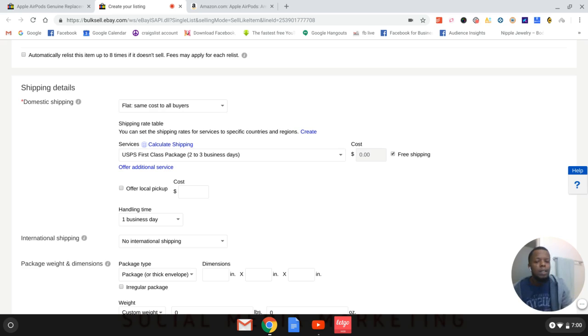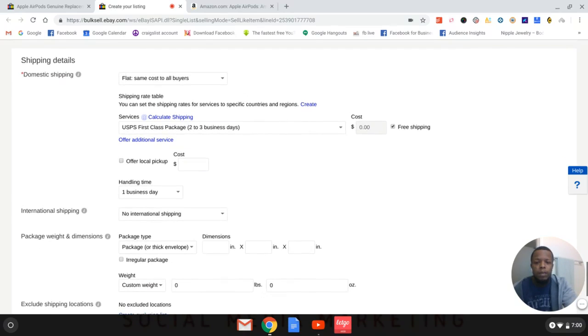But for something this size, I can put it in a flat rate. It'll be like $6. But always do free shipping. Just calculate your shipping costs beforehand. Handling time, always do 1 business day. That gives me today and tomorrow after an order. And if you make an order today, usually I have it out by the next day because